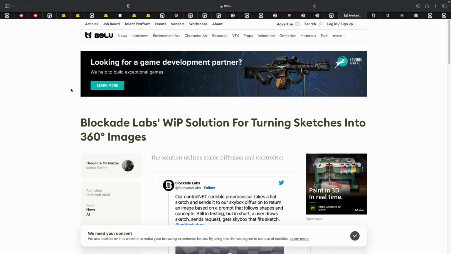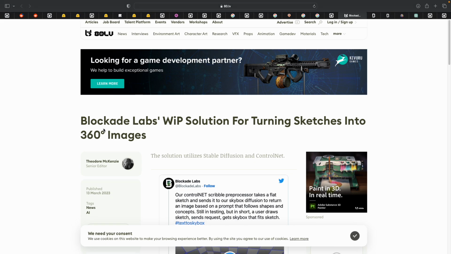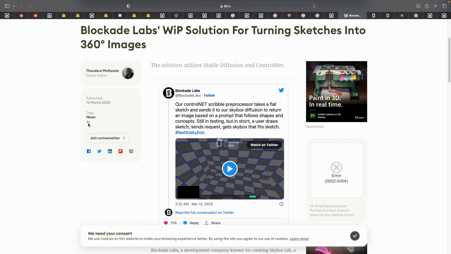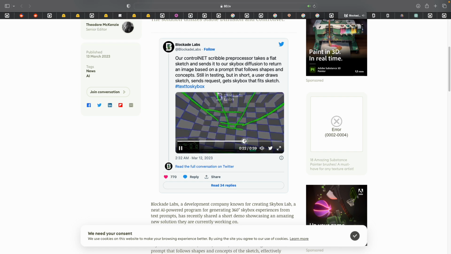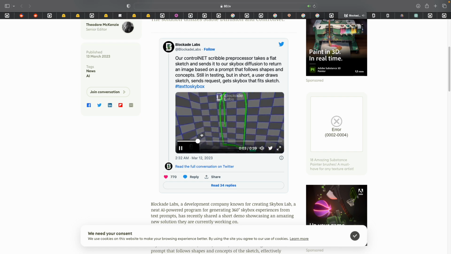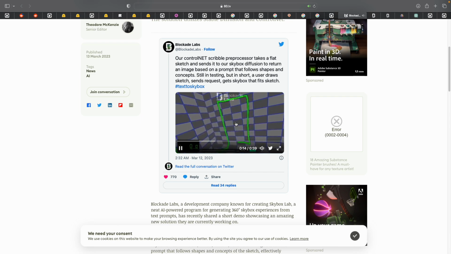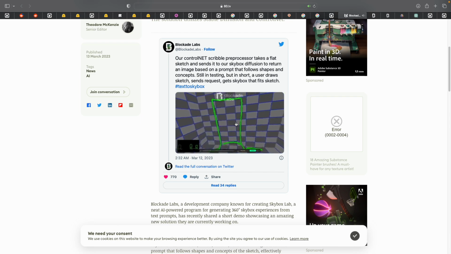In this episode, I want to talk about 360 panorama again that's been generated using AI. I talked about this in a few of the previous videos, the one from Blockade Labs. They posted these ideas on Twitter, showing how they generate the skybox. It's like you're painting inside a cube,